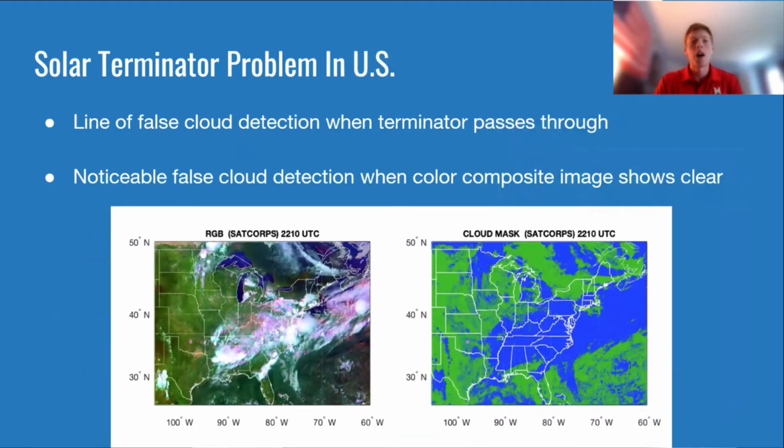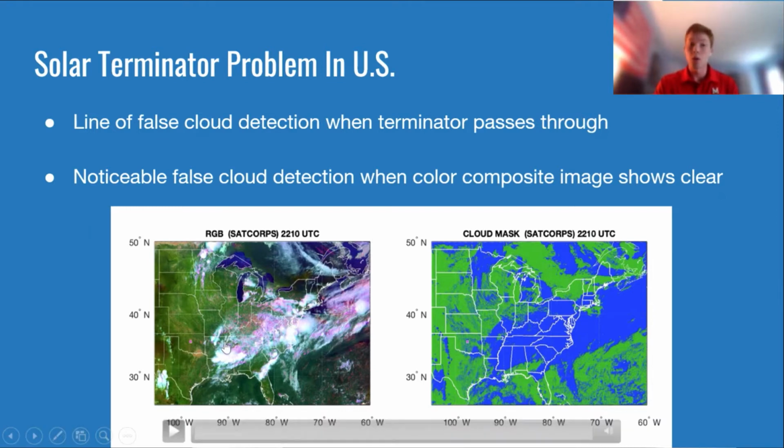Now I wanted to talk about an example in the United States. These examples are a little harder to see than the one we just looked at. However, it's still very present within North America. So the reason we're looking at this is because a citizen scientist alerted us of this case.